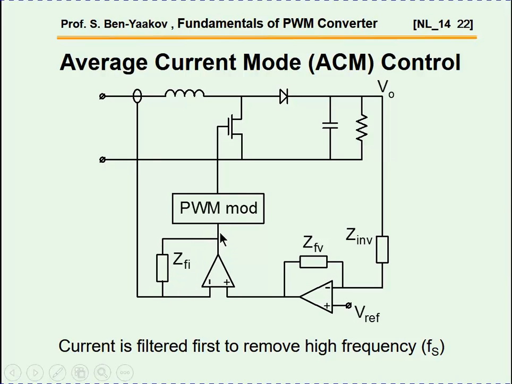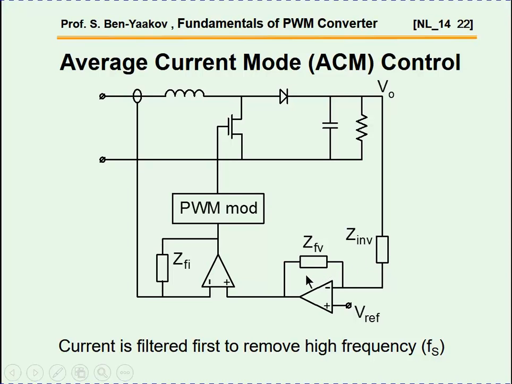So here we are going to have only the low frequency component, or the DC component, of the inductor current. So we don't see here anymore these ripples, or they'll be highly attenuated, so we practically see here like a DC current. Now again, we have an outer loop which compares the output to the reference,